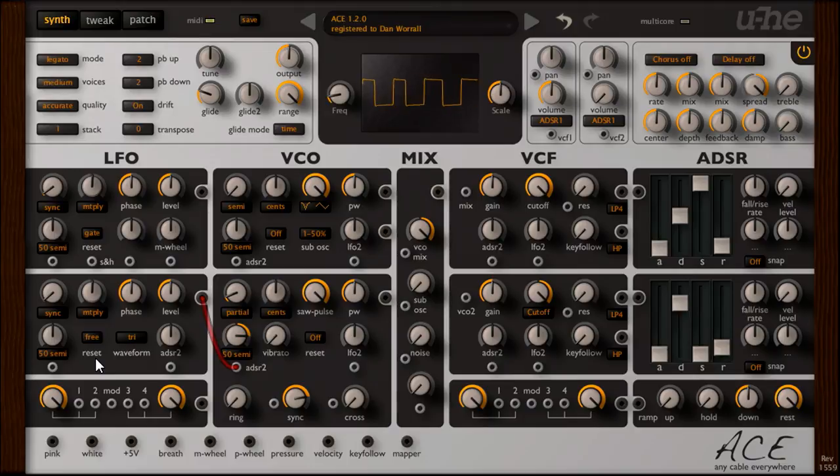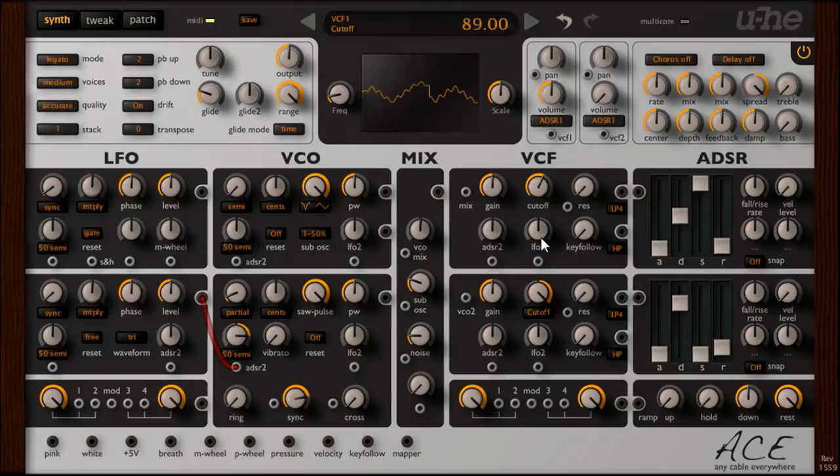Okay, let's soften this tone a little by blending it with some triangle wave from oscillator 1, and thicken it with some sub-oscillator, and maybe a tiny touch of white noise. And I'll move on to the filter.